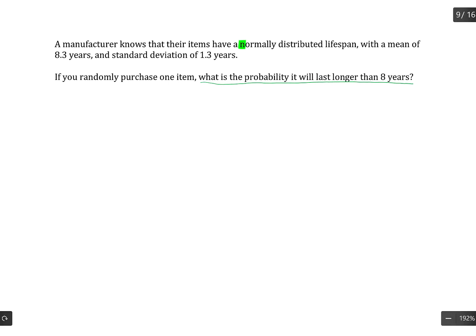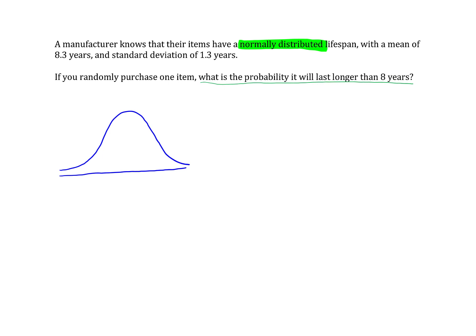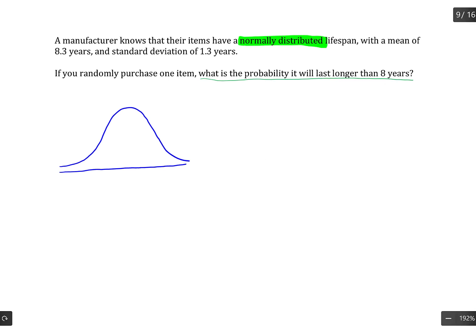We are told that we're working with a set of data that is normally distributed. So that right there tells us that we can use normal distribution probabilities to answer our question. So start yourself out by sketching a normal distribution and put the pertinent information on it. So we need to know the mean and standard deviation of this distribution. So the mean is the center point of your distribution,